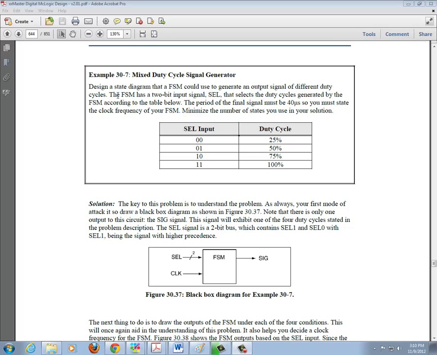duty cycles. The FSM has a 2-bit input signal select that selects the duty cycles generated by the FSM according to the table below. The final period of the final signal must be 40 microseconds. So you must state the clock frequency of your FSM. Okay, so what we want this thing to do, again, step one, we read the problem and we try to